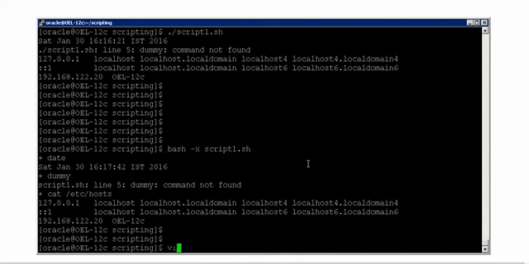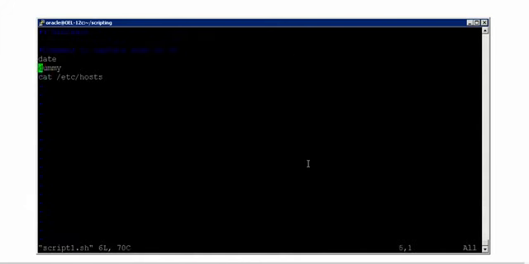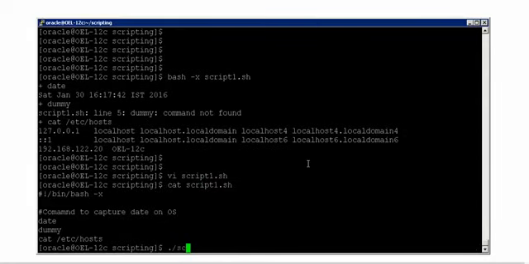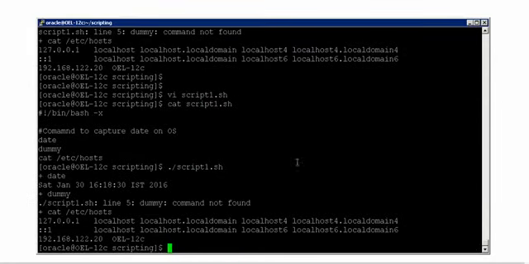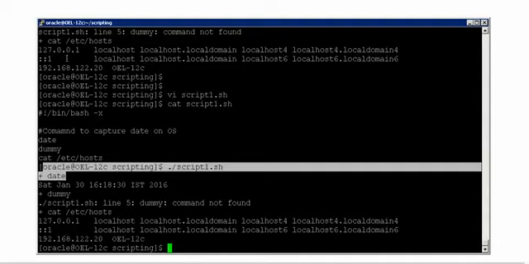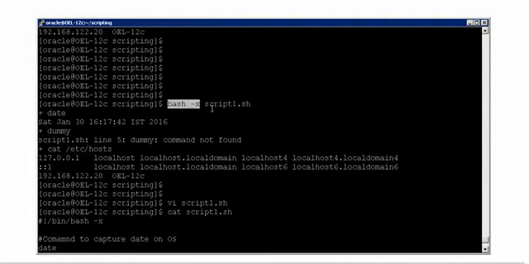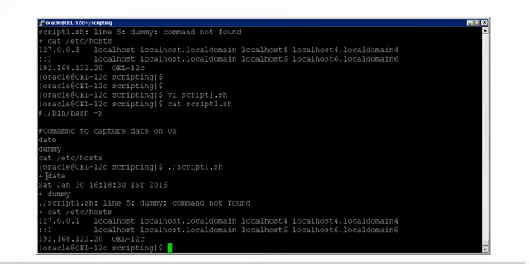And in case you want to use it at the shebang level, you can open this script, and wherever you have /bin/bash, you can just add -x here. Then I will cat it before I run it, and then just run it. It will do the same debugging. See here again, this output and this output are the same. Instead of giving that in the bash command here, you are writing it inside the script in the shebang itself,